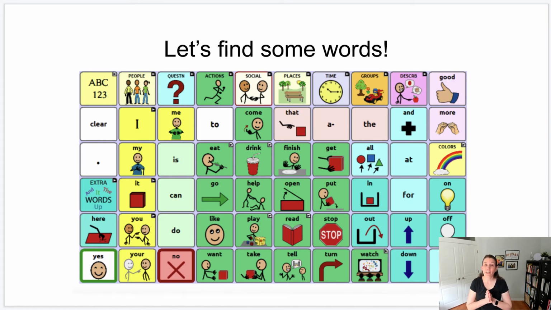So if the kids are able to read, then it's pretty easy for them to find words, right? Just like adults are able to find the words a little bit easier. If the kids are not able to read, then this becomes a little more fun because then you start pointing to the pictures and you're like, what do you think? What do you think this picture represents? Right? And then you can go through with some others.